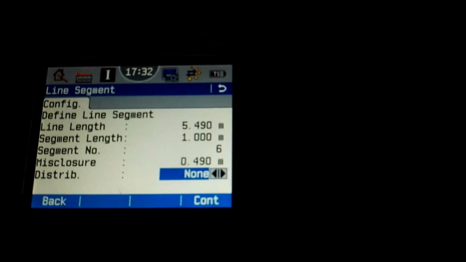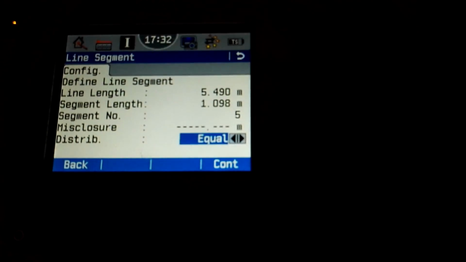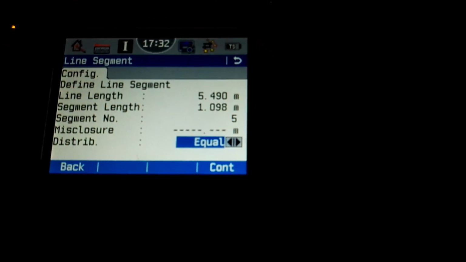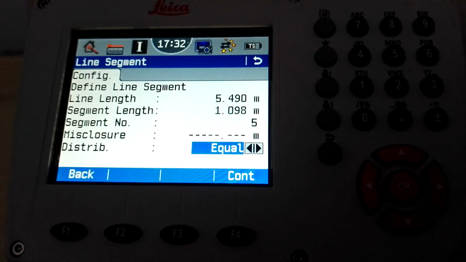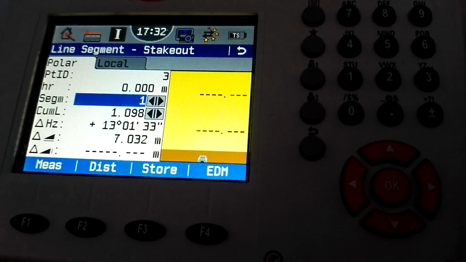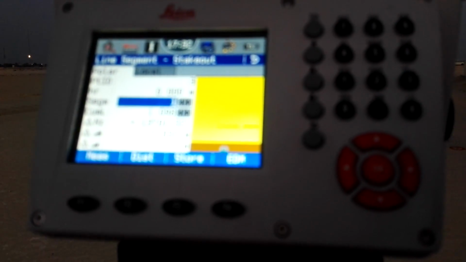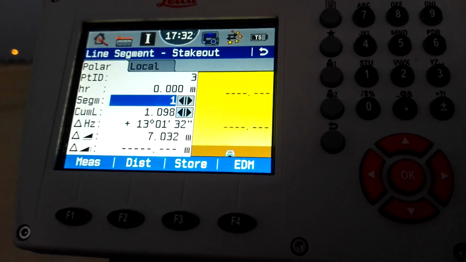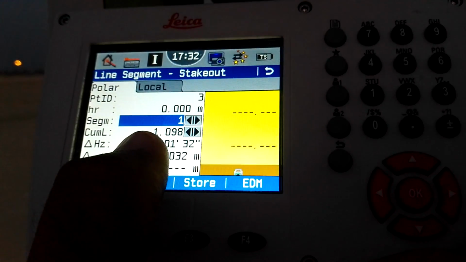So I can do any experiment. For example, I can make it equally. So if I put equally, then I have to go F4 to continue. If you see the key number, there is F4. So I'll press F4. So here I have a first point. That point name, point ID, automatically comes as number 3, because I already made the reference number 2 and number 1. So my next number is number 3. So the first point, first segment, as you see, is number 3 and length is 1.09.